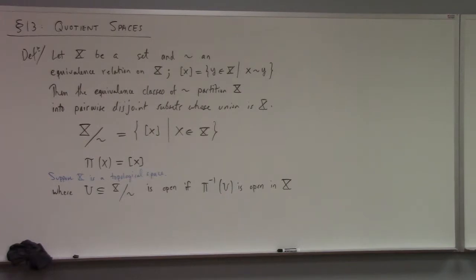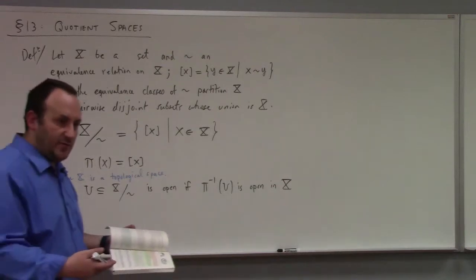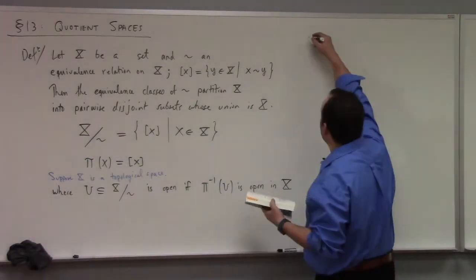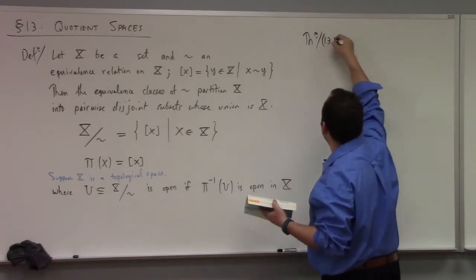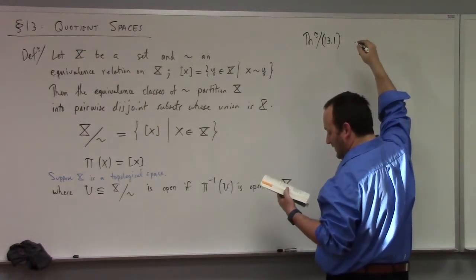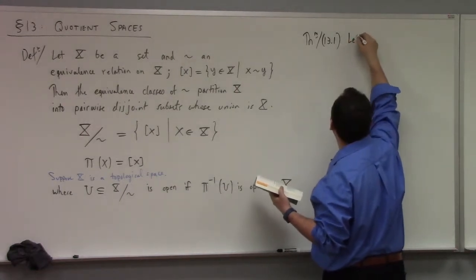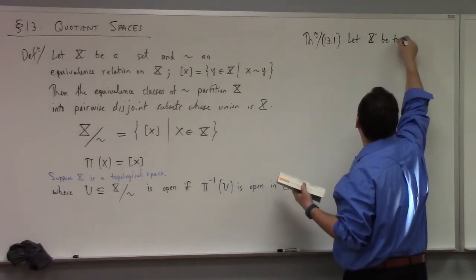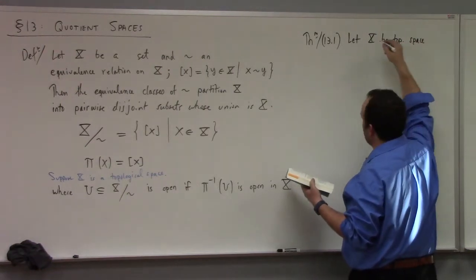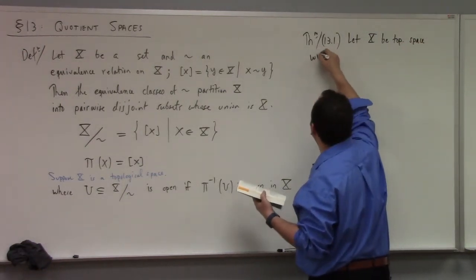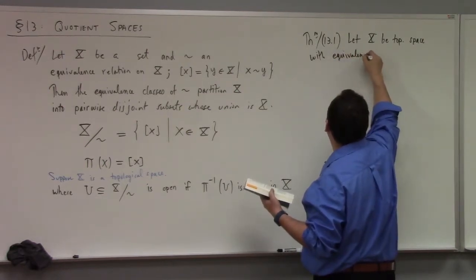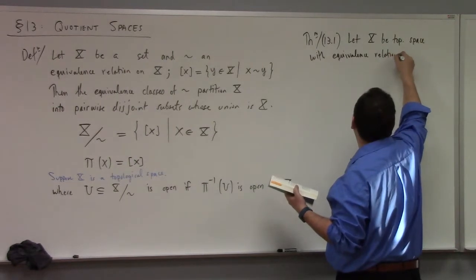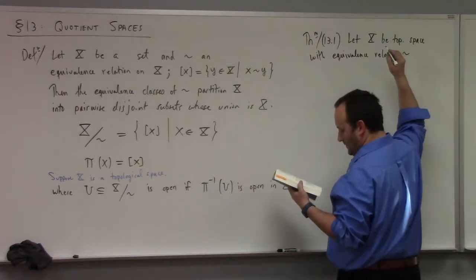And then he says that brings us to an analog. He says Theorem 13.1 is the analog of Theorem 12.1. And so here's Theorem 13.1, and you guys decide whether or not we've proved this already. I don't know. He says, let X be a topological space with equivalence relation squiggle. Then